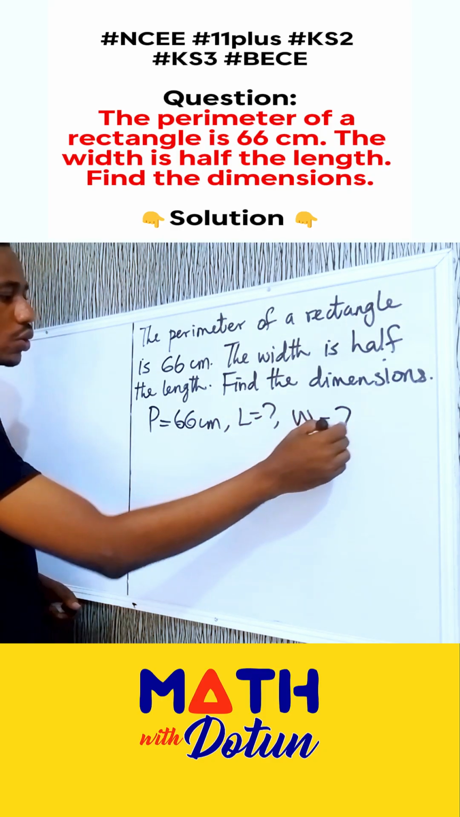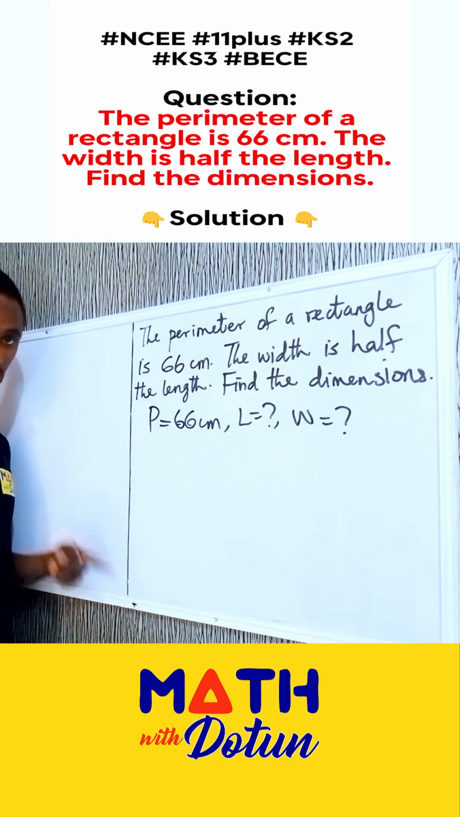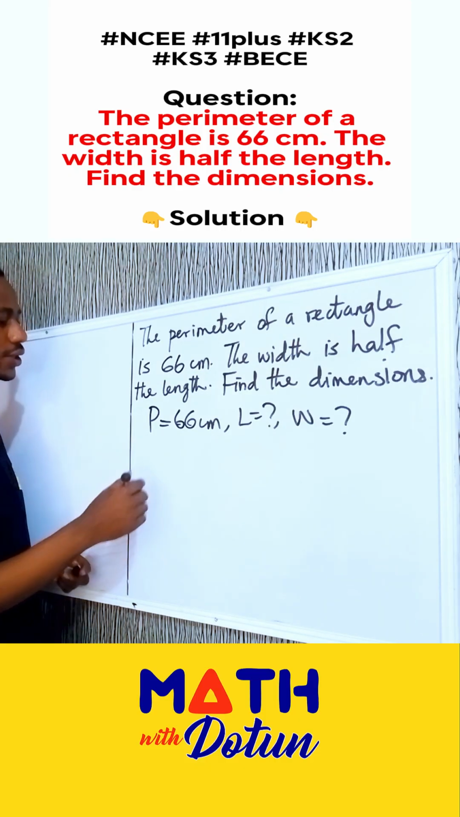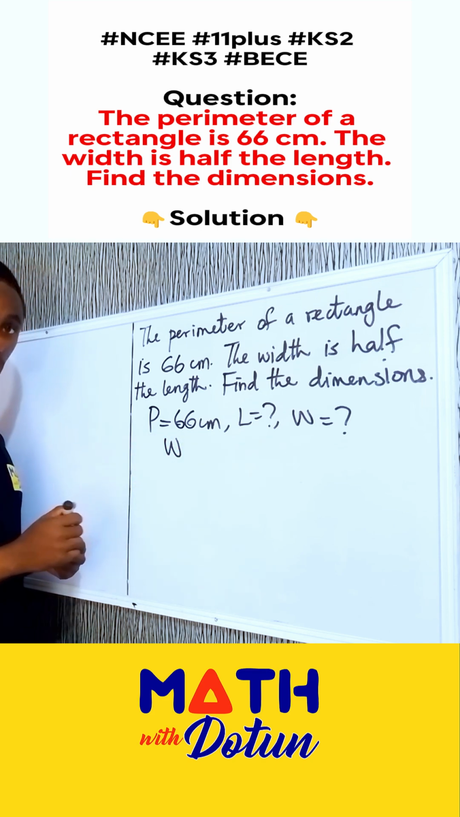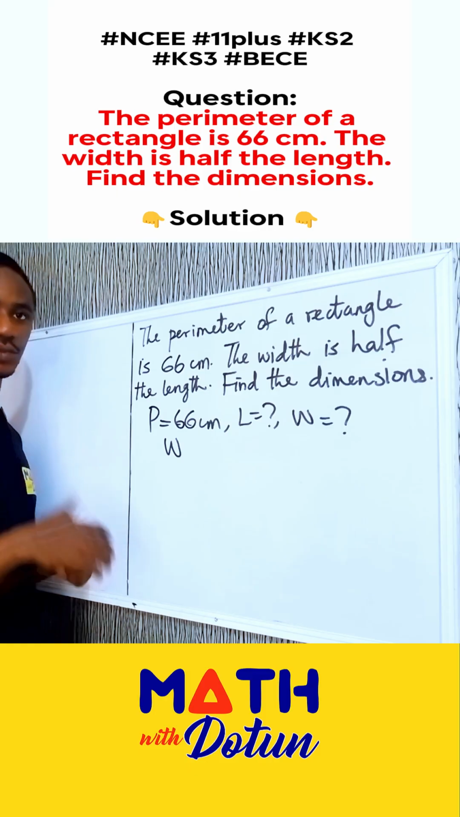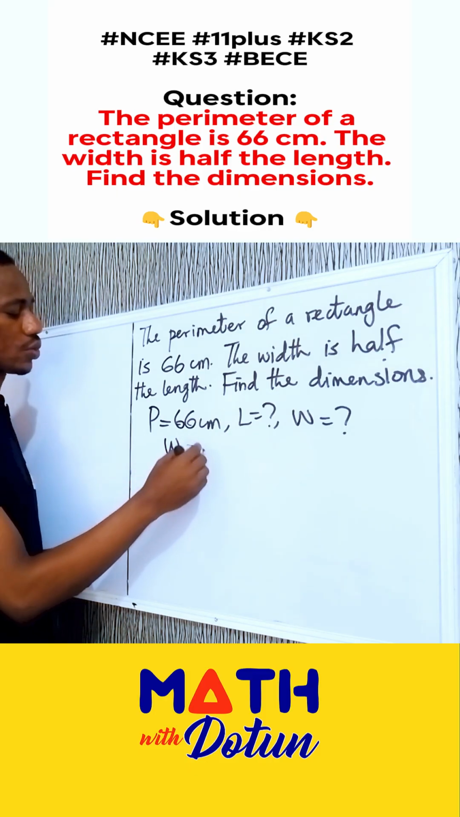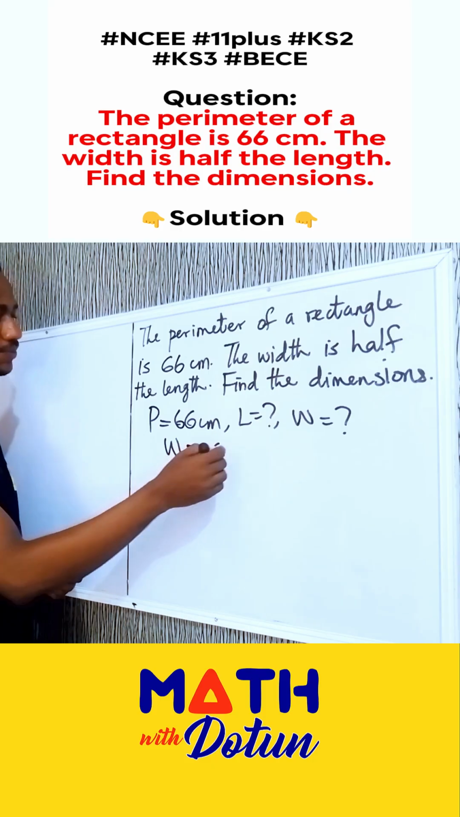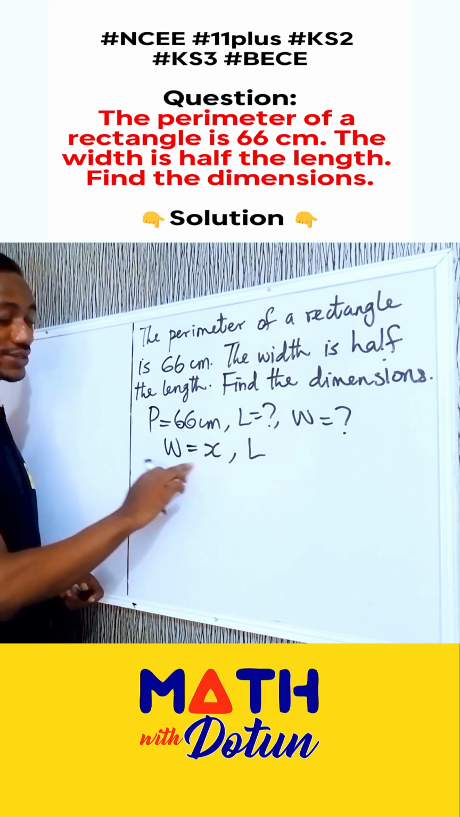But one thing we know is that the width is half the length. We know that, right? So if the width is half the length, let's use our algebra. We've done algebra, right? If you have not seen the videos, please check in the playlist. Introduction to algebra. Okay, so let's say the width is x, and then the length is twice the width, because